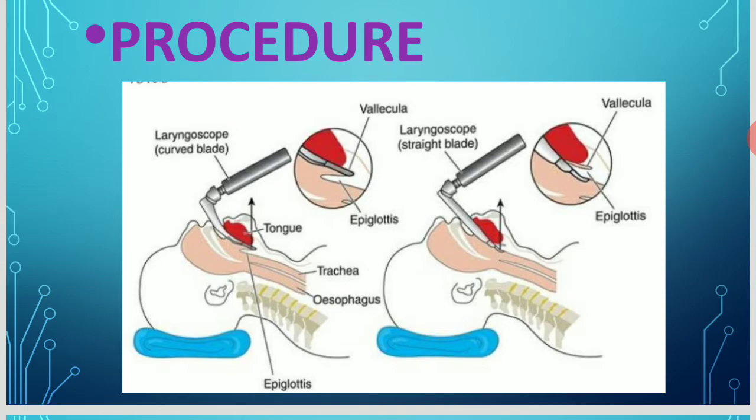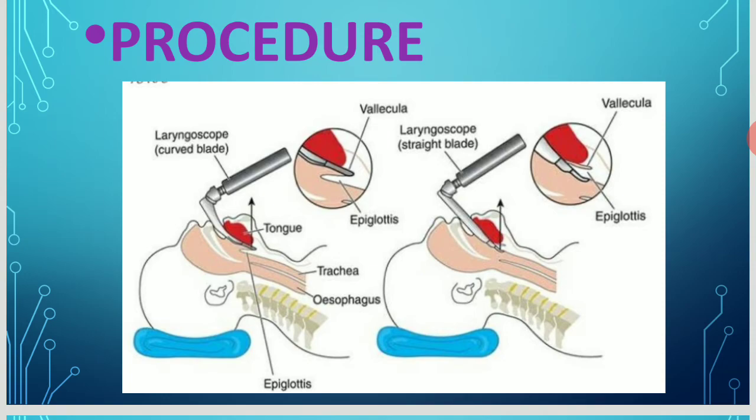Then the most common position for the endotracheal tube: head extended by keeping a sandbag or towel roll under the neck, with the patient commonly in the supine position. Next are the indications for endotracheal suction. First, excessive secretion, to remove the secretion, and upper airway obstruction, to clear the patient's airway obstruction.